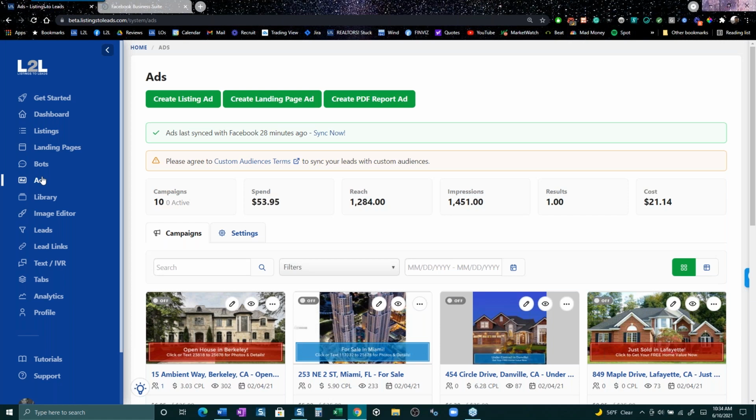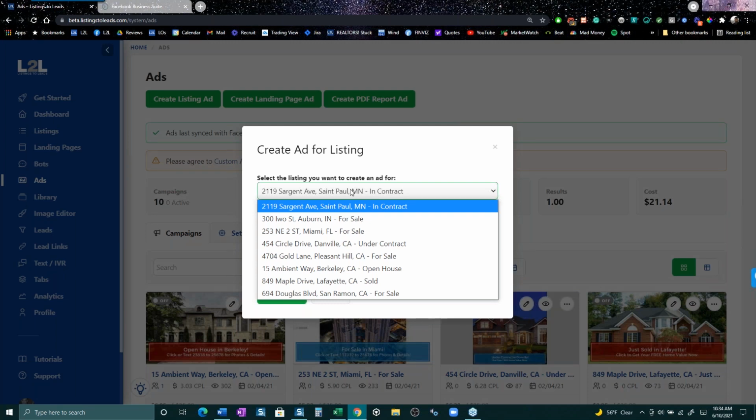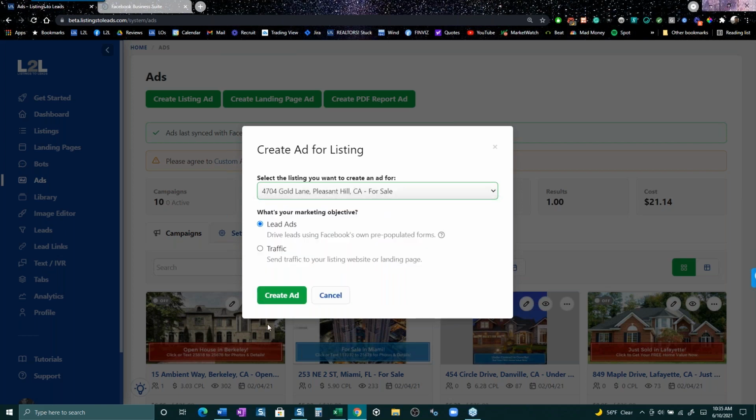I tell them you should run 2 ads every week. And that means 8 ads a month. So what kind of ads would you run? I tell everybody to create a listing ad. And like I just said, you might not have your own listings, but you can borrow listings. You can borrow listings from your office. We have My Farm Dominator, which helps you borrow listings as long as it doesn't affect your MLS rules and stuff like that. But just go here and say, yeah, I borrowed one from one of my colleagues in my office,